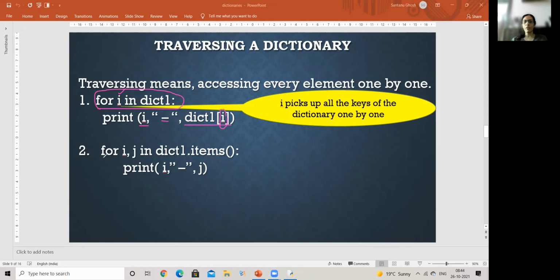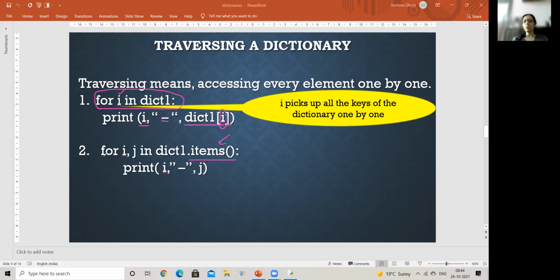Let's take up the second way of doing it. The second way is using an inbuilt method of dictionary, that is items. We'll come to the methods later, all the methods which we have to do, but from there I've picked up one which I require now, that is the items method. Now the items method is one step ahead of this, just the name. The items method picks up a combination of key and value separately for every element one by one when I'm using that in the loop.